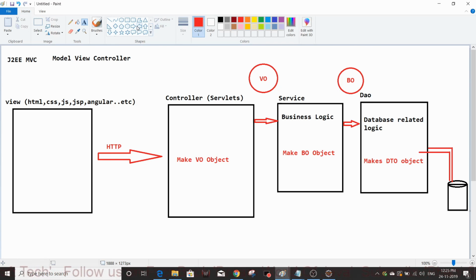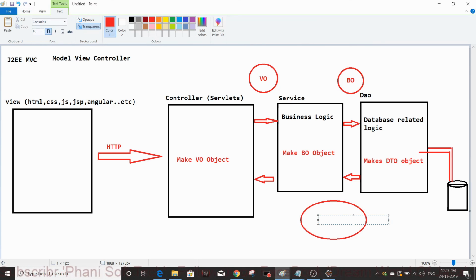So the response, sorry, not the request, the response goes like this, along with the DTO object, the data transfer object.